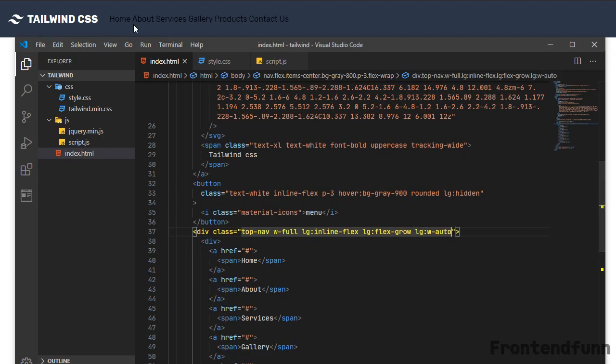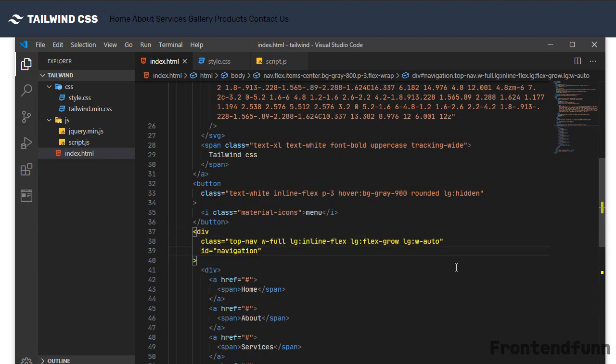Okay, so it takes only the amount it is occupying. The width of the element will depend on the number of links here. Next, let's give it an ID of navigation. So the ID will be navigation. Fine.